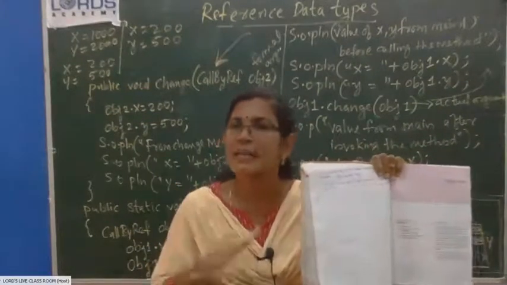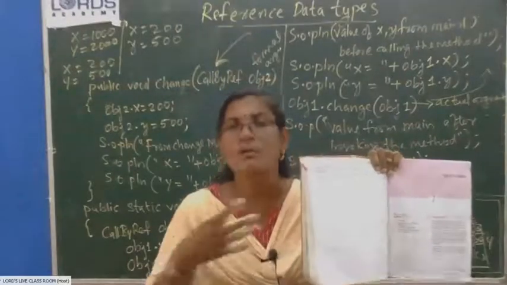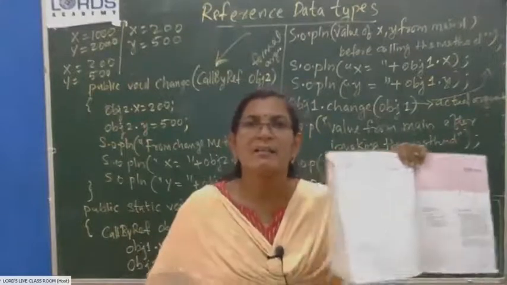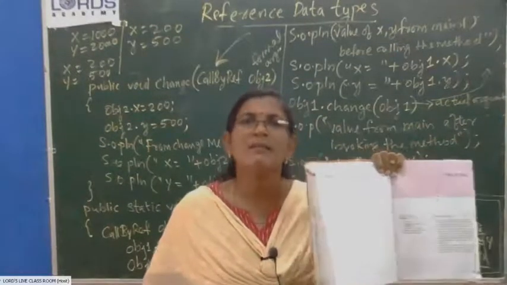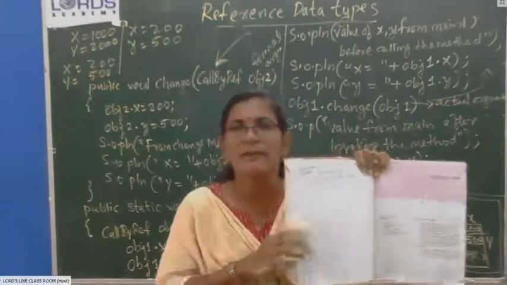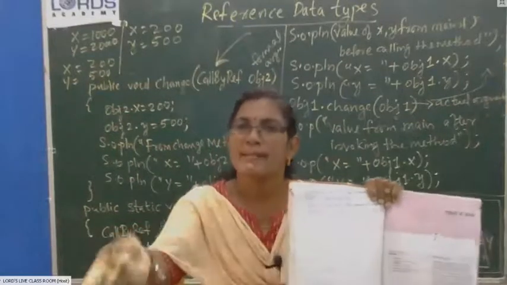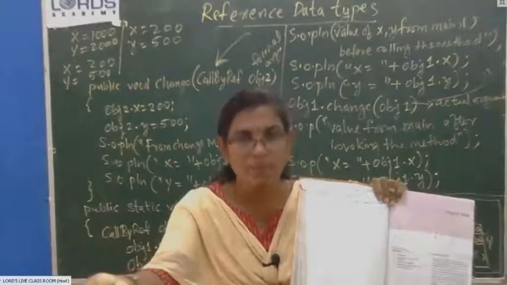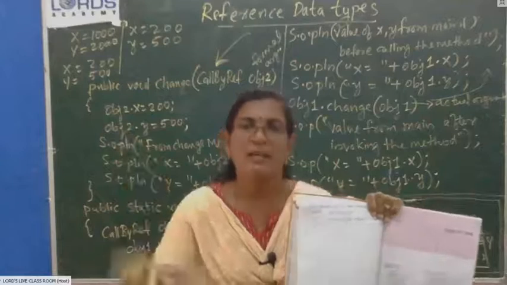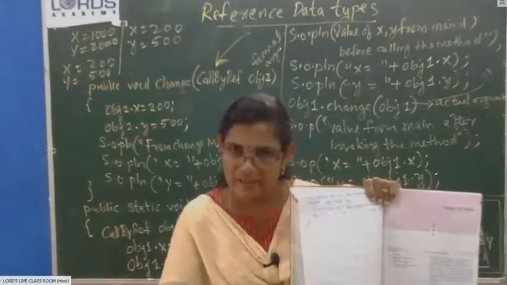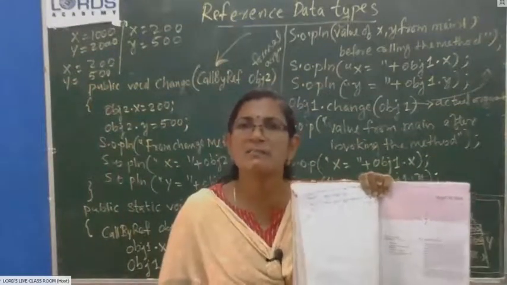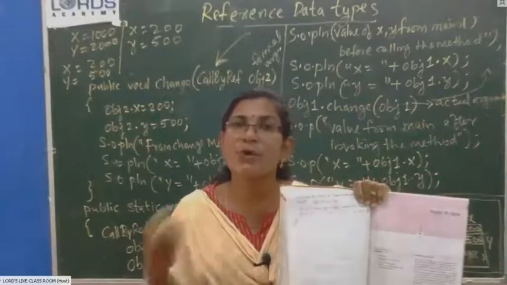You are not supposed to correct the mistakes in the same question paper, because I want the same question paper back. I have to give it to one more student and check whether that student is thorough with the grammar. So don't make any changes in the question paper. You take this question paper, copy it in your notebook, make the changes in your own copy, write the correct paragraph, and give me back this question paper as well as the corrected data. Okay, that is the case of call by value.